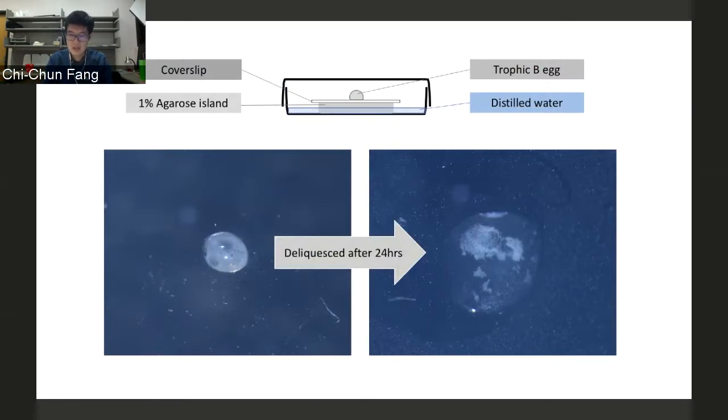The queen needs the fungus, and she will lay those trophic eggs to help her maintain the fungus, to grow the fungus better. And the egg itself will deliquesce, so it will provide the nutrients or the water to that small fungus and help it to grow well at the beginning. All right, so